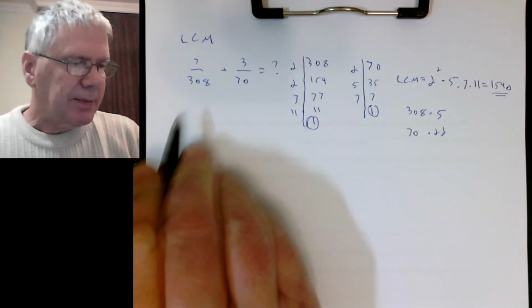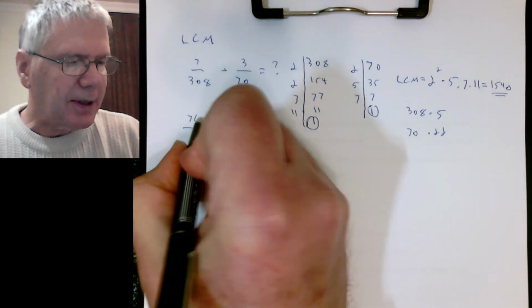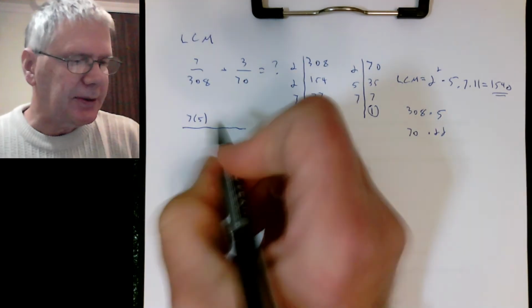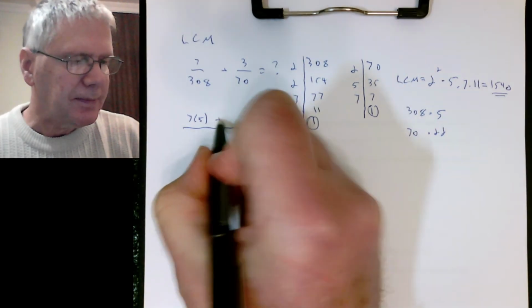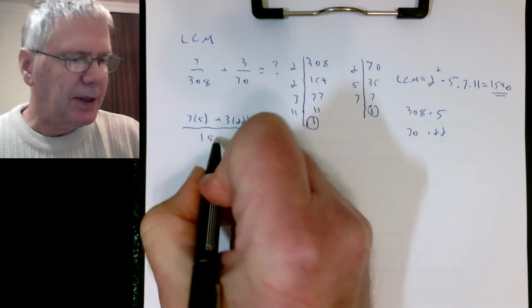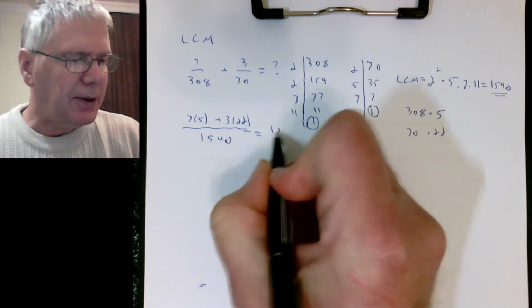So I come back here, my 308 has to be multiplied by 5, so that's 7 times 5 on the top. The 3 has to be multiplied by 22 along with the 70. And this is 1540. And this turns out to be 101 over